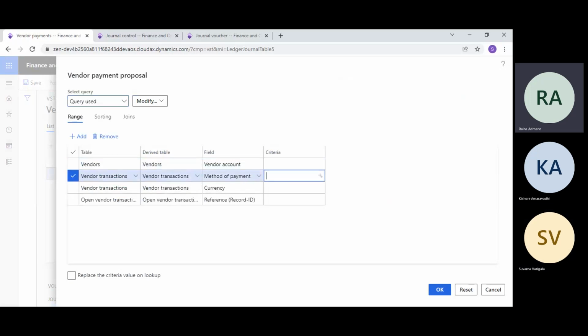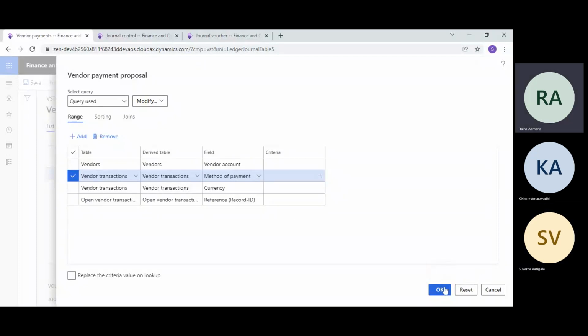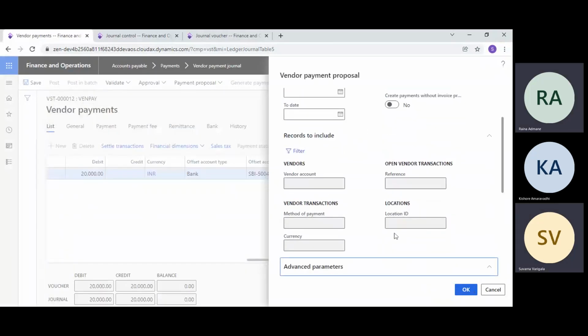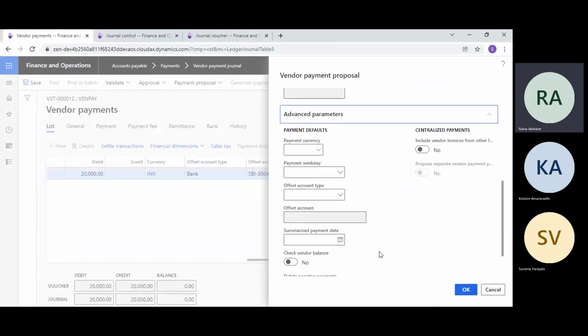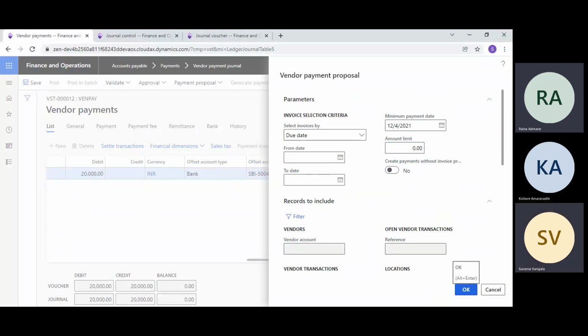When we have a lot of transactions, we can use this filter, only for that vendor, only for Indian currency, only for that currency, or only for that reference ID. Select OK here. Then there are some advanced parameters, but let's not go into that level first, and then say OK.